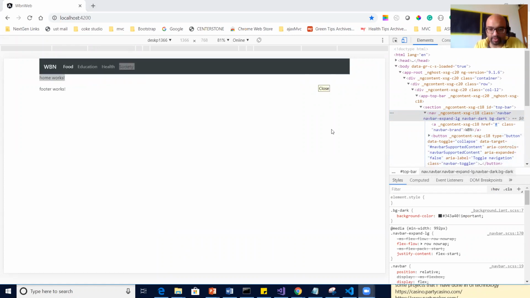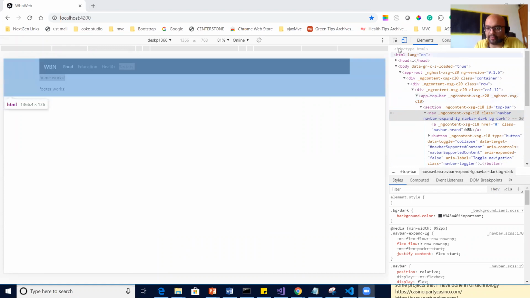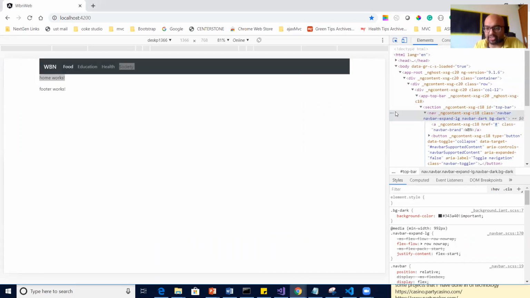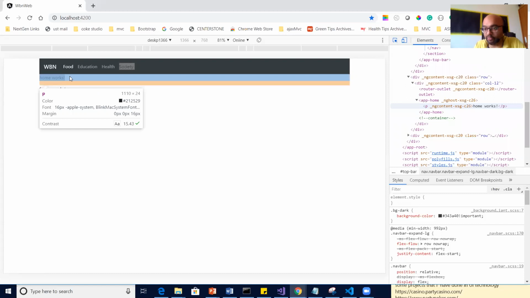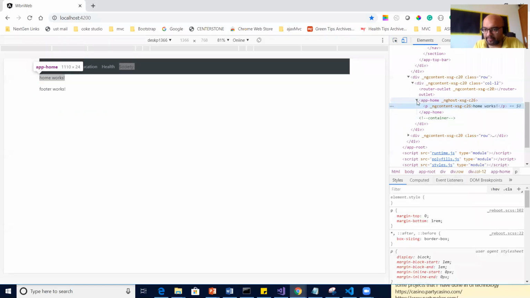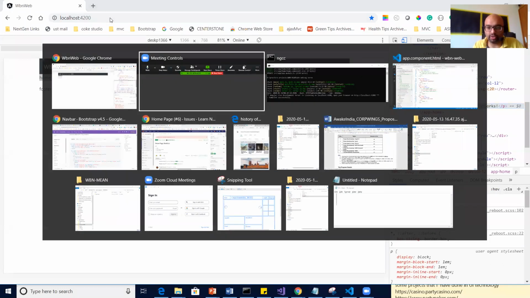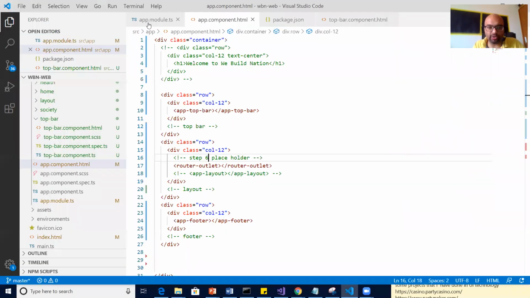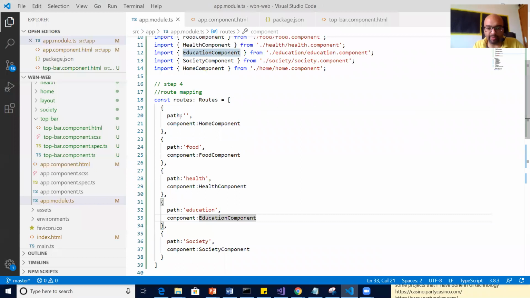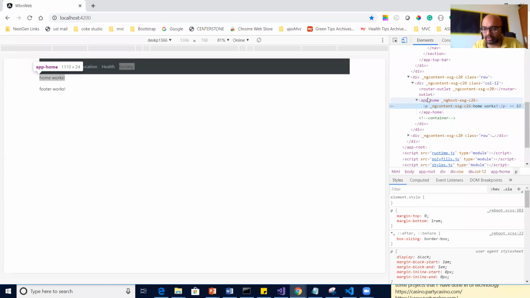If you see, I have removed that layout component. So you can see that our route was default, when there is no route name given in the URL, correct? Then what should load? Go back to your routing mapping table. Home page, home component. So you can see home got loaded.